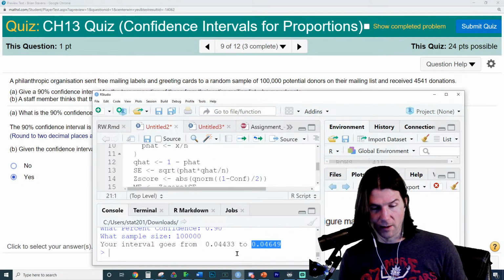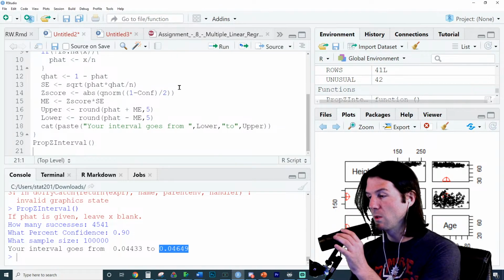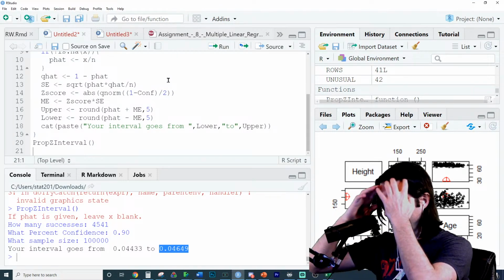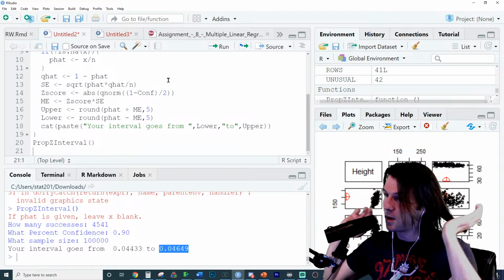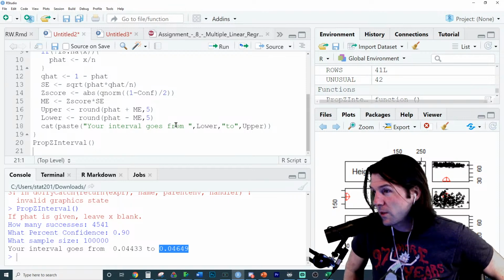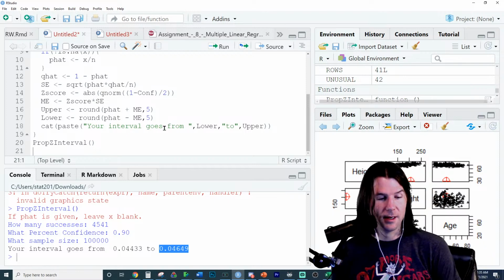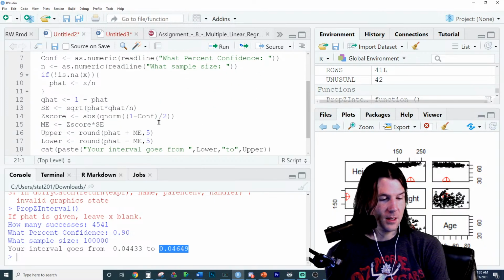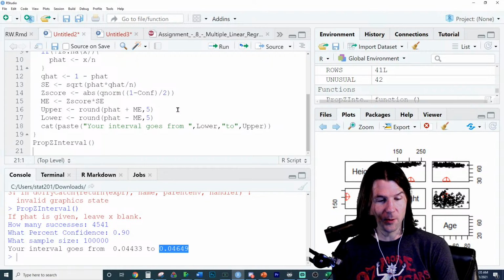So just looking at one more thing right here. With this code, I could update it. And this is kind of what we do in 474. At least we talk about how to build functions. I don't know, maybe I'll turn this into a 474 assignment next semester. They'll be like, go check out this video. So when we get the end result right here with the lower and the upper,